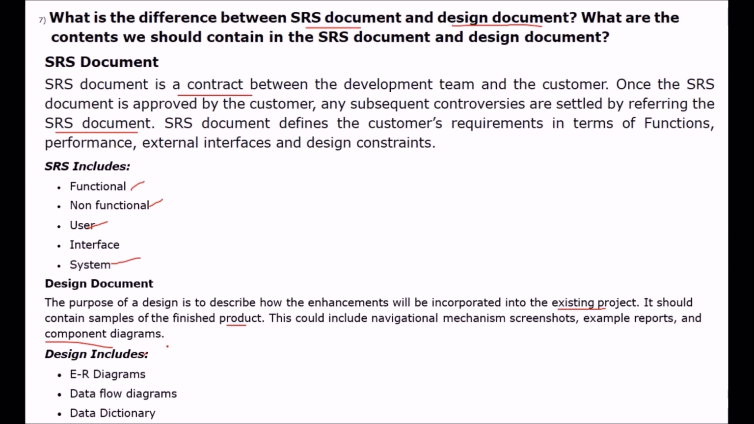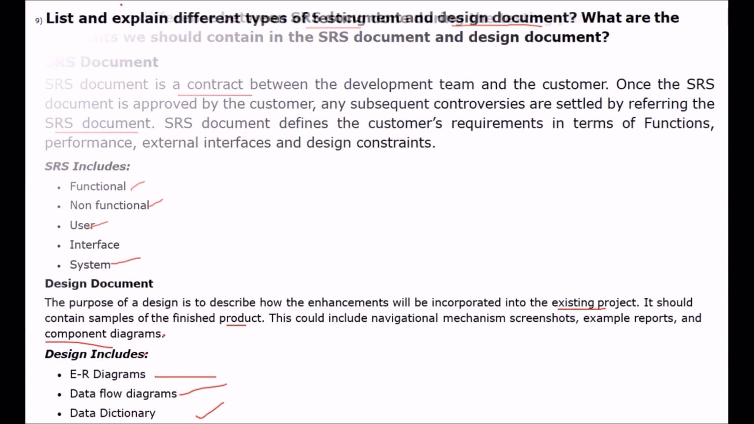What does design include? You can have ER diagrams, entity relationship diagrams. This is the higher abstraction level. From that, you can go to the detail level. Then you have data flow diagrams. As I suggested, DFD has various levels, 0, 1, and others. You can go to various levels. Then you have the data dictionary. This is also important, because if you are dealing with a database management system, you have to list and explain